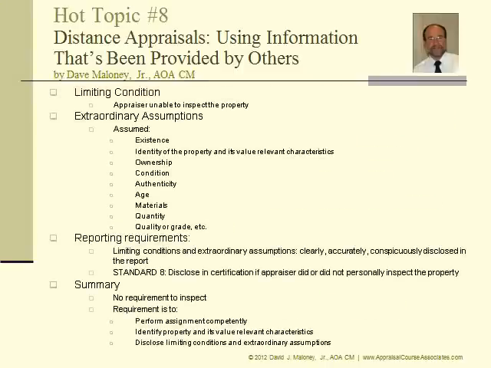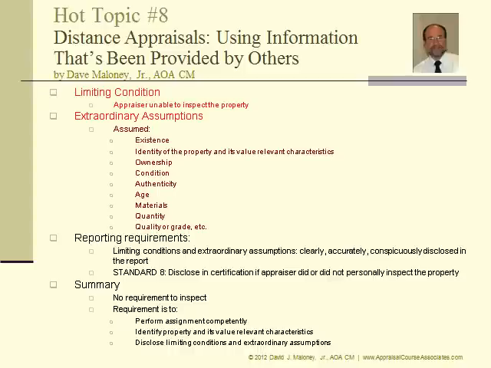Distance appraisal assignments include those in which the appraiser is unable to personally inspect the subject property. By definition, distance appraisals, including those done online, have limiting conditions. The inability to personally inspect the subject property is of itself a limiting condition that must be disclosed in the appraisal report, as well as, by the way, in the report's USPAP certification statement. The limiting condition of being unable to inspect the property, in turn, gives rise to extraordinary assumptions, which themselves must be disclosed in the report, though not in the certification.